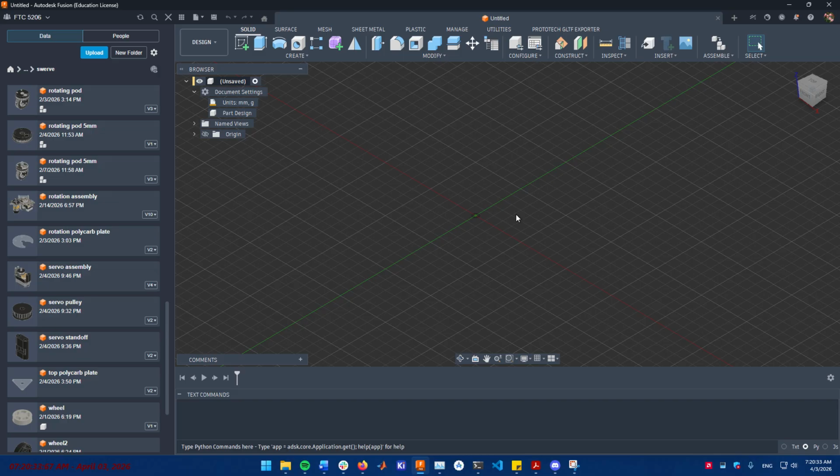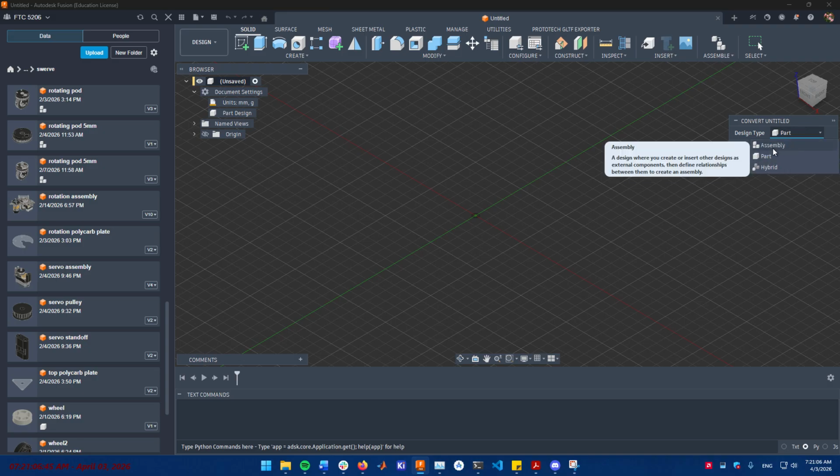First, when you load into Fusion 360, you are met with this screen. If you are met with another screen, perhaps because you are creating a new design, make sure to select hybrid design, because that is what we are starting with in this presentation. You can change all these settings. Here, usually we go with millimeters and grams, and we can